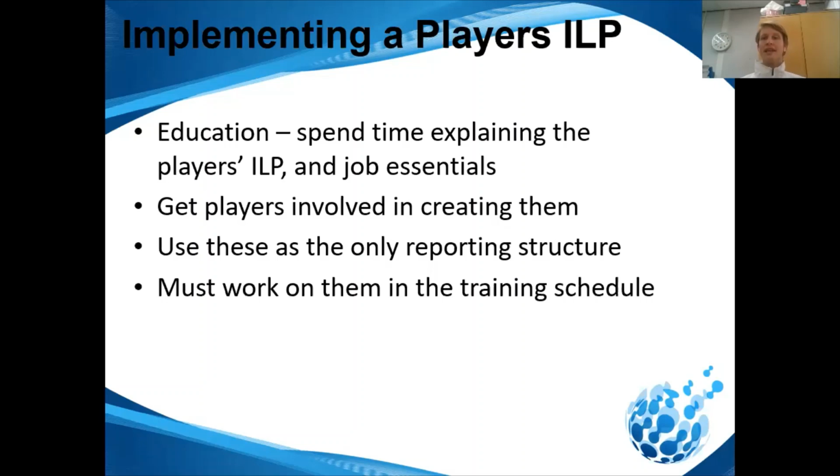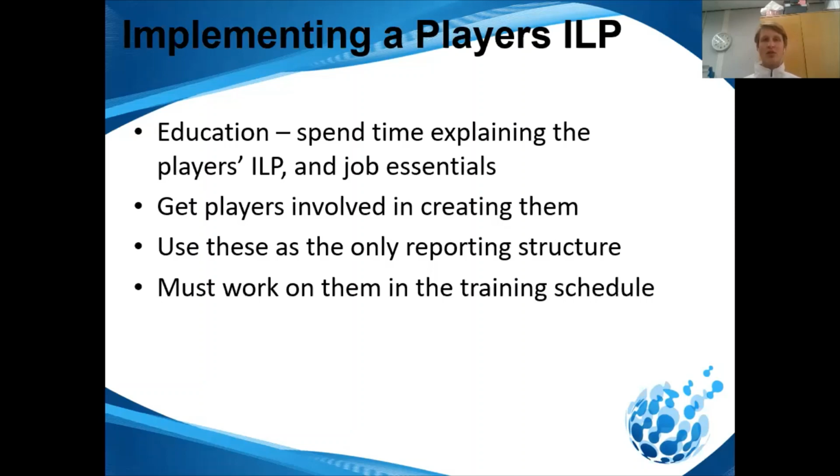Always use these as the only reporting structure. So when you're doing any reviews and reports, instead of going off on a tangent and doing something completely irrelevant, if you have the job spec and the players' ILPs, and we're going to talk about this in a minute, then you know that we're going to grade them on these things. And if they're not doing these things well, there's no way they can be performing well or being successful. There's no point talking about the fullback who runs up the pitch and scores a goal a game, which is great, chipping in a goal, if you're conceding 5 goals and their basic 1v1 defending is poor.